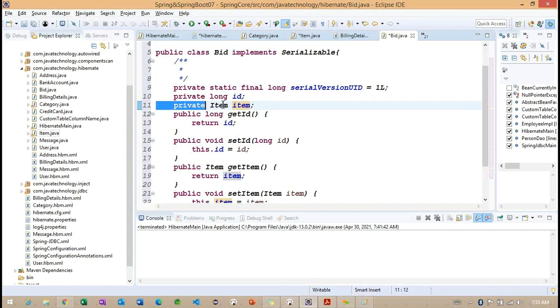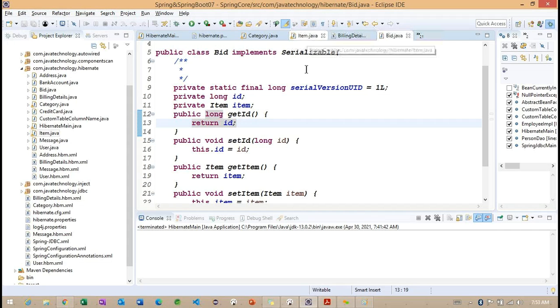So because of this particular relation, we created only one object here. We are not creating any set of item records. Carefully observe here, only one record we are creating. So this contains only the many bit records and one item record.